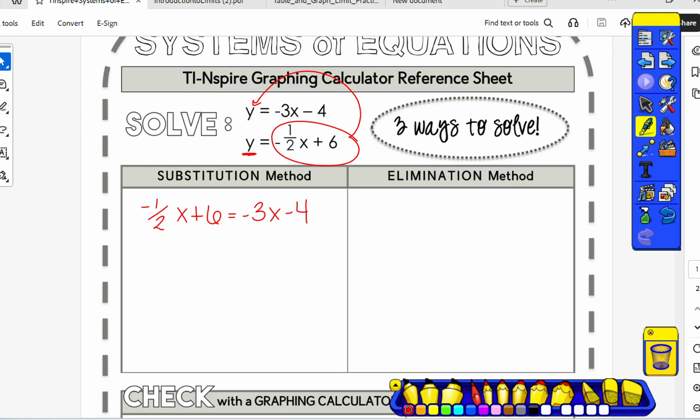There's lots of ways to solve this. I typically like to get rid of any fractions first. There's an easy way to not have to deal with fractions. What can I multiply everything by to get rid of that fraction there? 2, yeah. If I multiply everything by 2,